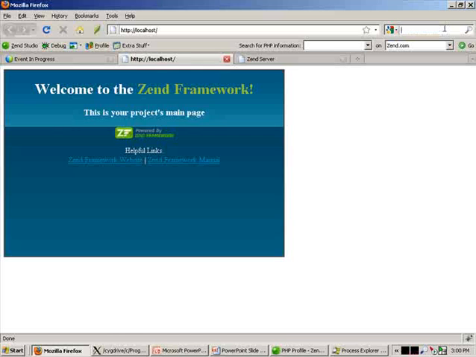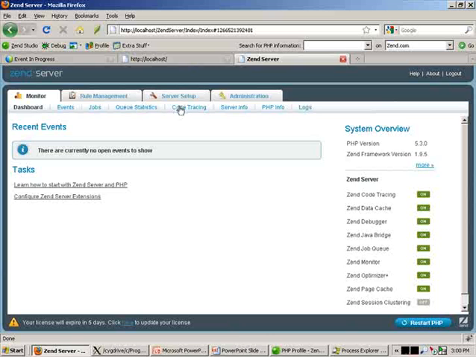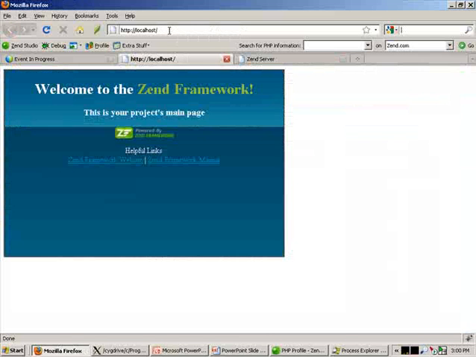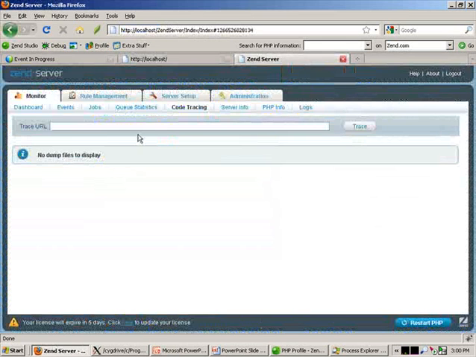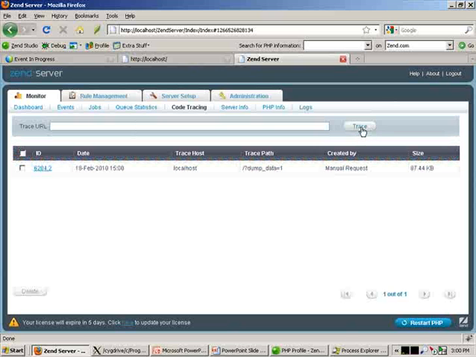We do have more on our website, and we've also had several webinars. But code tracing is designed to run in a production environment and do very much the same thing. If I go on there, I click trace, I get a trace. This brings up